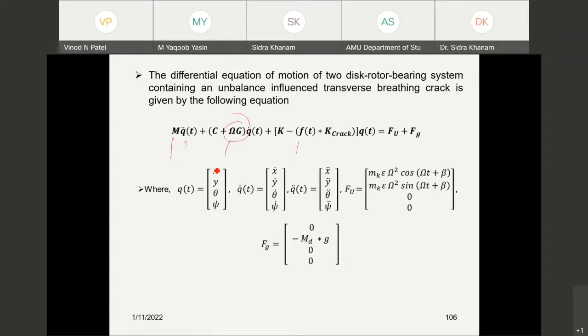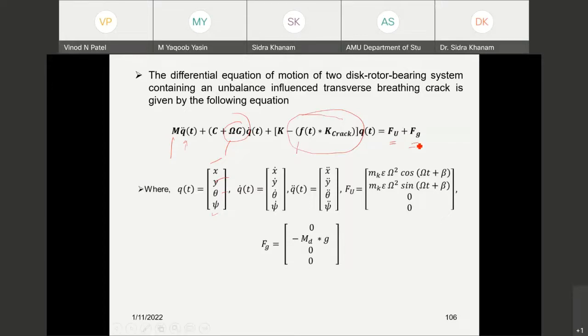QT, that is in 4 degrees of freedom for each case, in X direction, in Y direction, transverse vibrations, and torsional vibration theta and psi, that will also be measured by using this particular model. This part is used to introduce the crack on that shaft. This part gives the unbalance of the model, unbalance of the disc, and this is the gravitational forces acting on